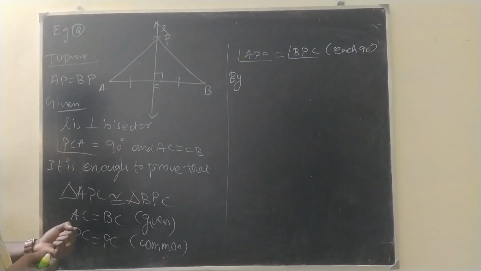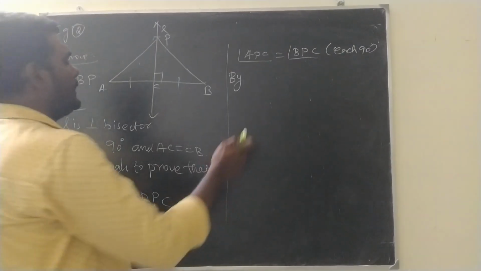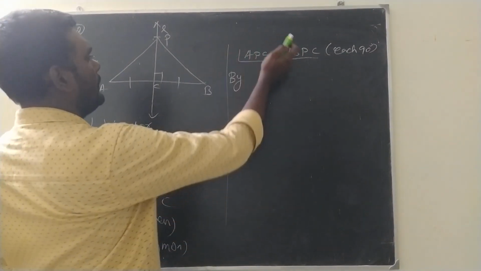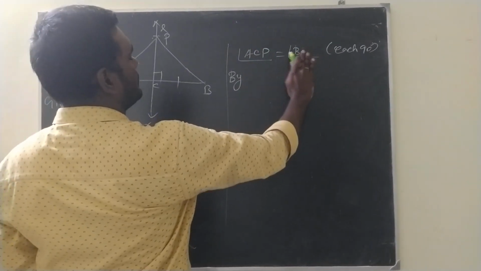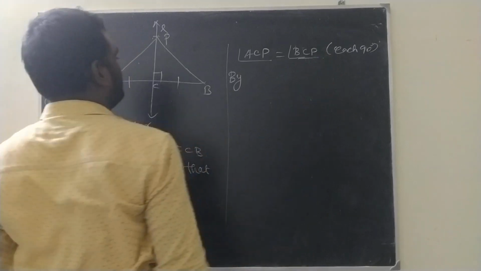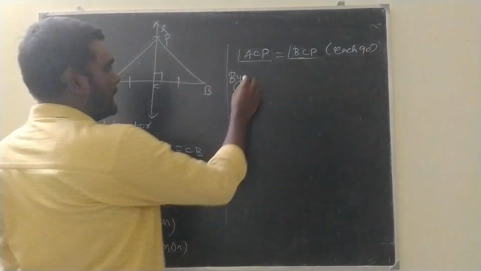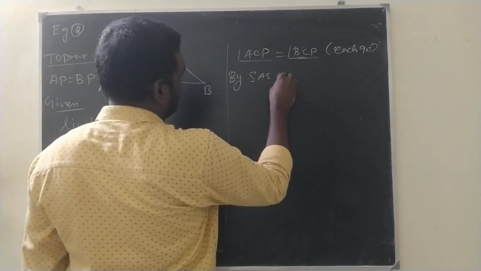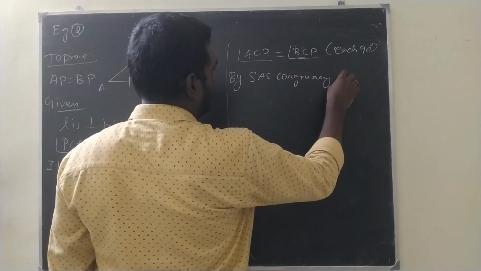Oh sorry, my bad, I wrote it wrongly. ACP and BCP, each 90 degree. Then by the SAS congruency axiom,